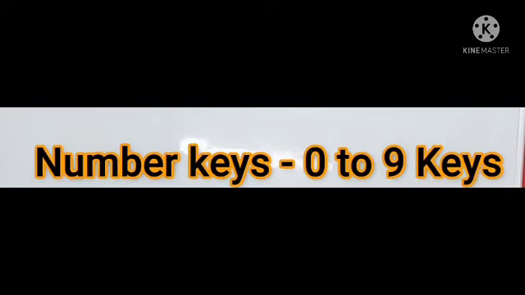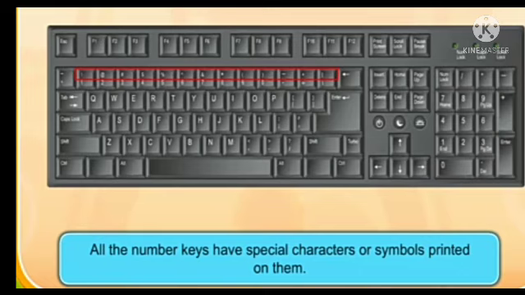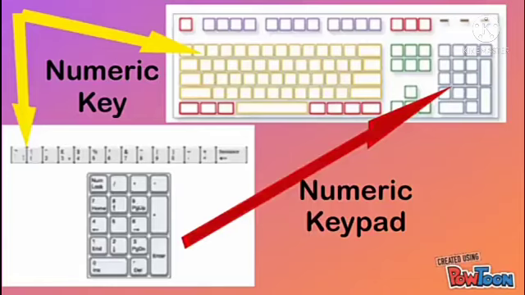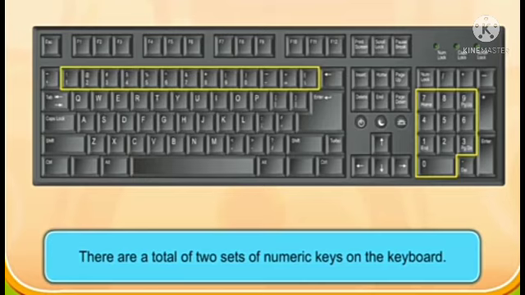Next is number keys or numeric keys. Everyone knows that the numbers start from 1 to, not 10, it's 0 to 9. In a keyboard, you have number keys which start from 0 to 9. With the help of a picture, you can see that you have the numbers on two different sides. Okay children, everyone should always say the number keys start from 0 to 9.